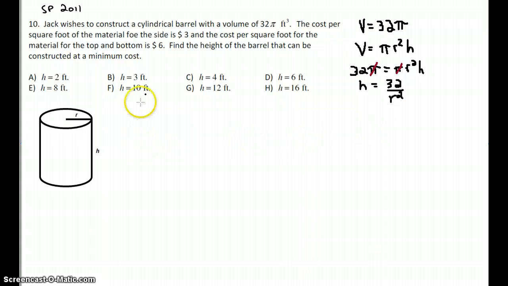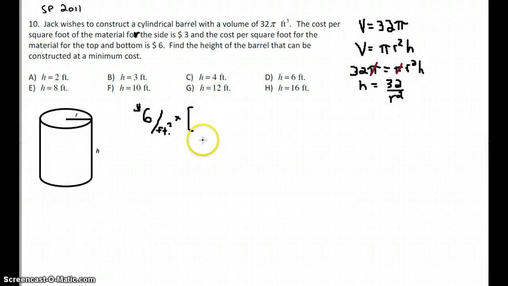Okay. Great. What are we trying to maximize? That should be a R4. We're trying to minimize cost. We have cost for the top and bottom being $6 per square foot. We take that and multiply by square feet. For area, we have area of the top and bottom,